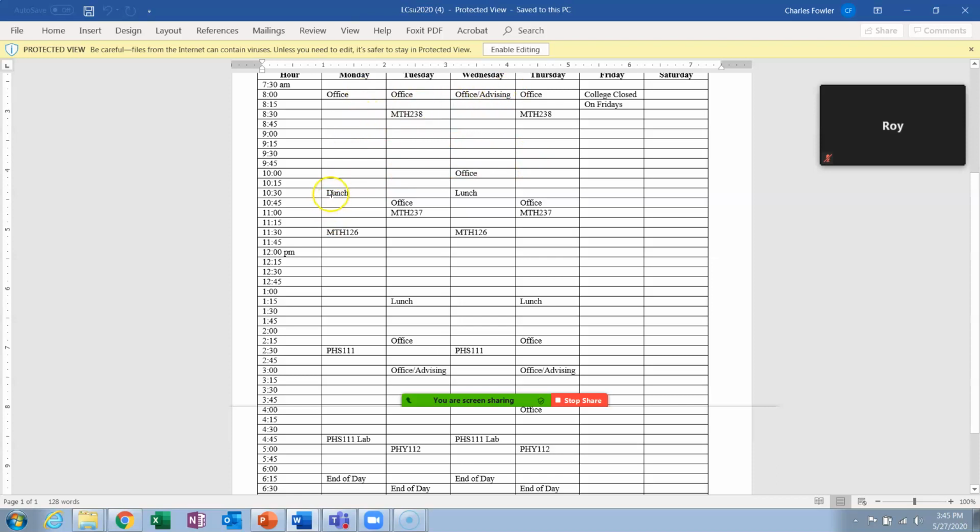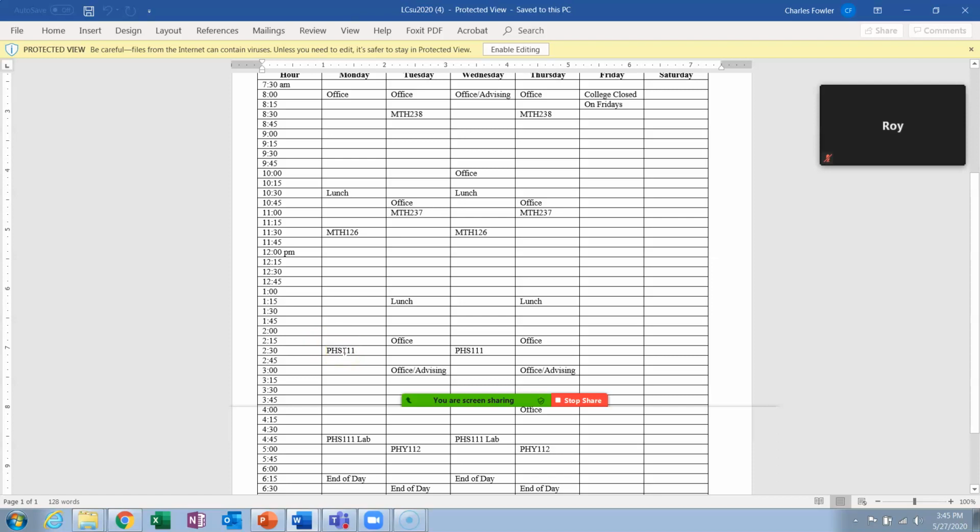I usually eat lunch sometime after 10:30, so I'm not necessarily in the office then, but I'm usually back before 11:30 because at 11:30 it starts my Calculus 2 class. I'm in that class until 2:25. That's right before this class, and that's the one I've got a big 5 minutes before it starts.